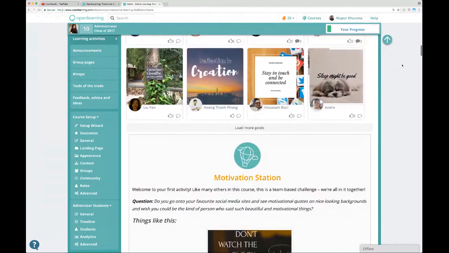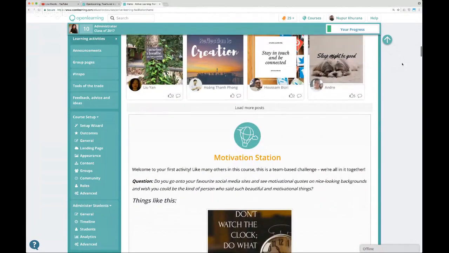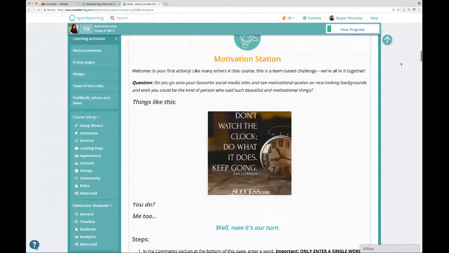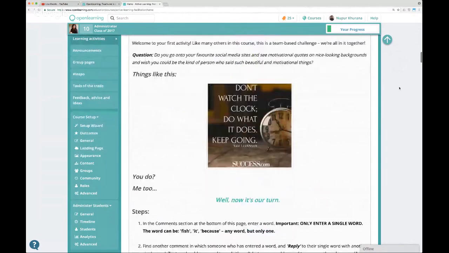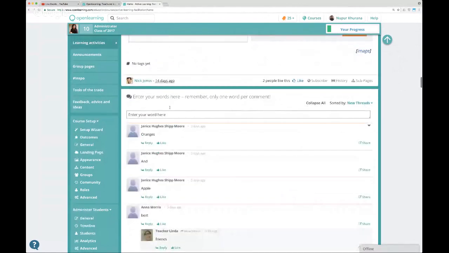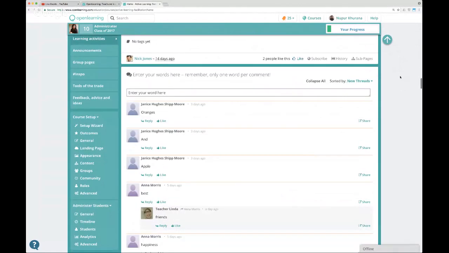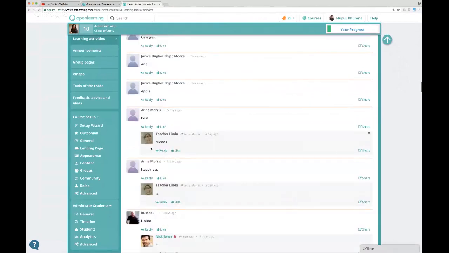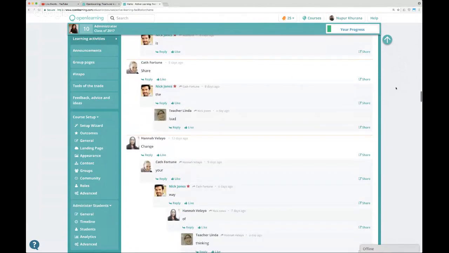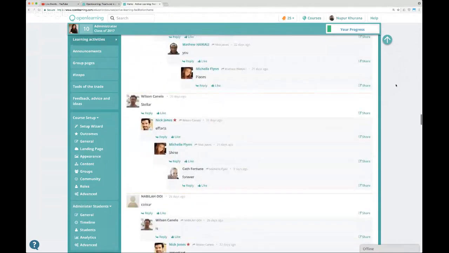And remember, you're not meant to be following this, not trying to do it. This is just a very brief demo of a vision of the future of your courses. So what I've asked students to do is make a comment of one word at the bottom of the page, and other students will come along and comment one word as well on the previous comments. You can see I'm in there. Yeah. By the time towards the end,